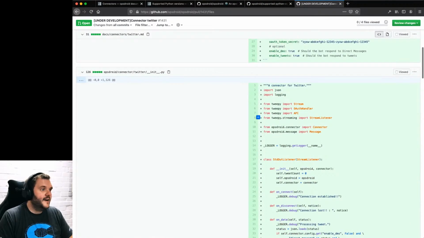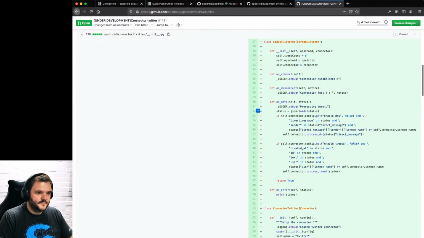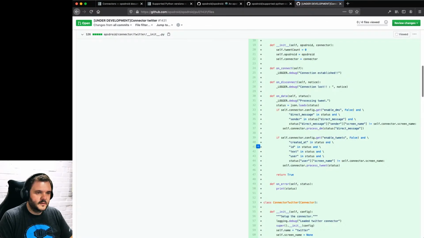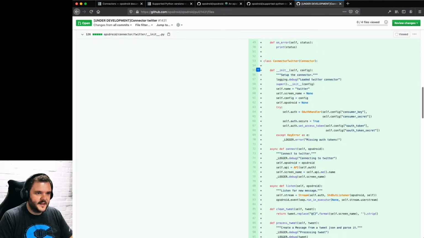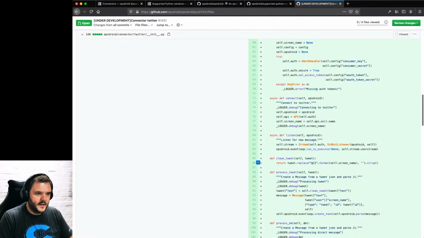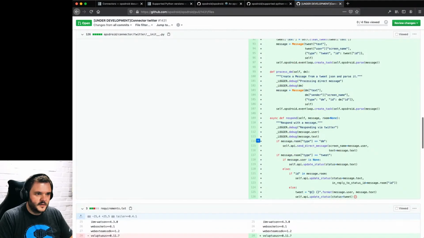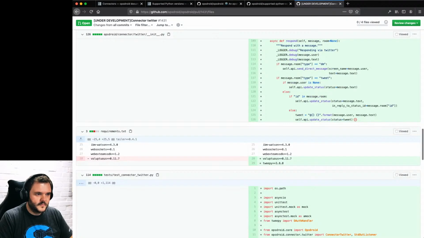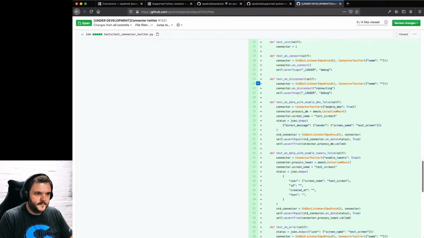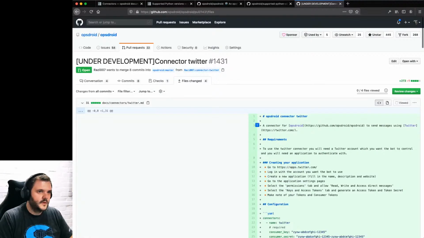So we have a Twitter connector, but I think we need to get this merged. How does this actually work? I want to focus on writing a bot to tweet, but if we don't have Twitter support merged in, then I should have this.